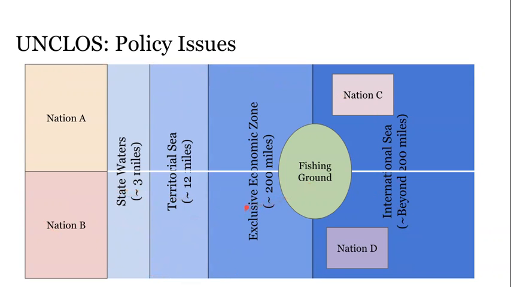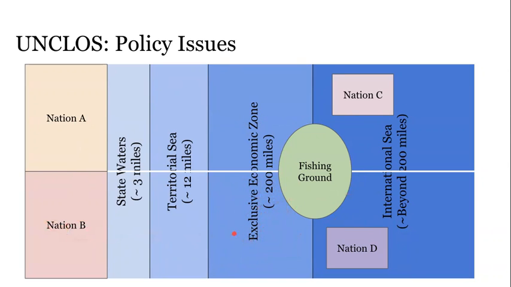So if this fishing ground existed only in this area of the exclusive economic zone of nation B, there's no issue. There's no tragedy of the commons, because in this case, nation B is like farmer A, but farmer A can control, because one of the most important rights that you have in private property rights is the right to exclude. So if the fishing ground was only here, then certainly nation B can say nation A, stay away, nation C, stay away, and nation D, stay away, because I have singular access to this economic resource. Of course, I can grant you access, but that's per my decision.